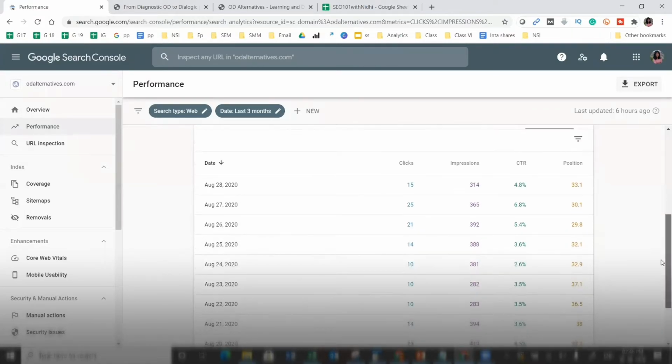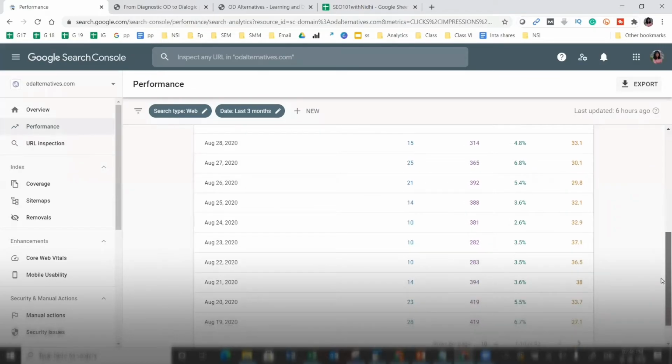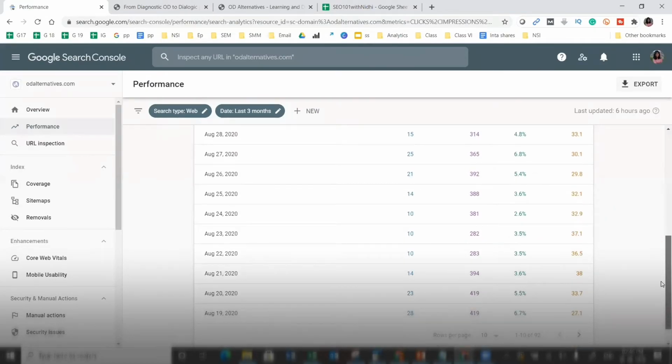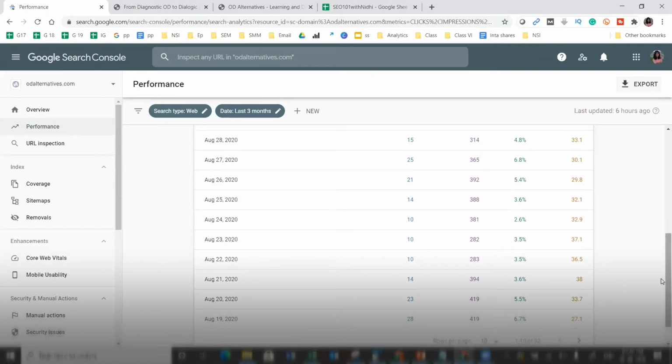So suppose I wish to see if on a daily basis I'm getting significant impressions or if there are fluctuations, then I can see it from here. And I can very well see that on August 20th, 10 days ago, my site received the maximum impressions. So perhaps I would want to see what triggered so many searches. It could be possible that the company posted several posts on LinkedIn, and by people seeing those posts on LinkedIn, they went to Google and made searches. So this could draw a correlation between my efforts that I am putting elsewhere.